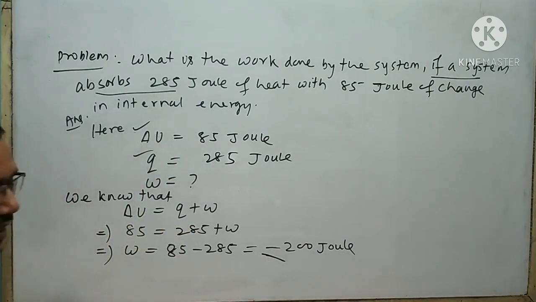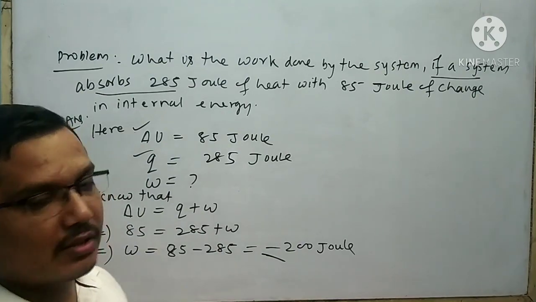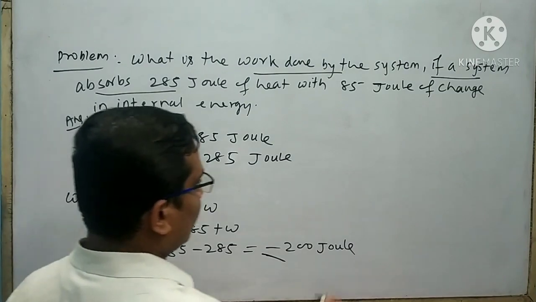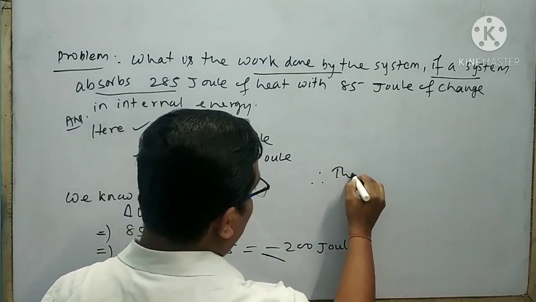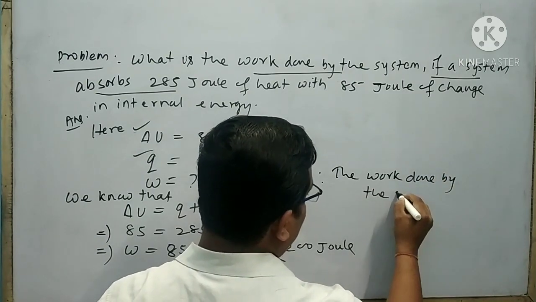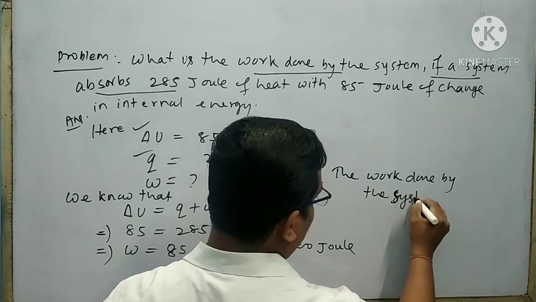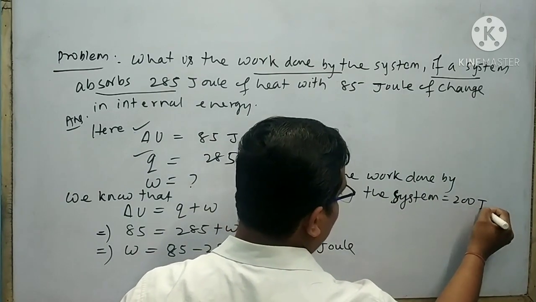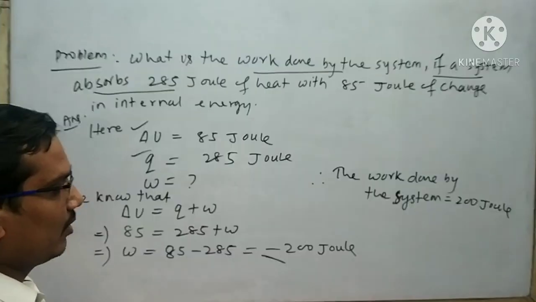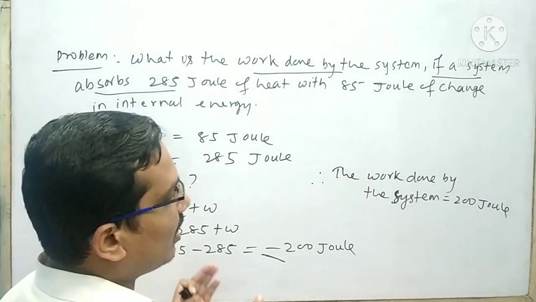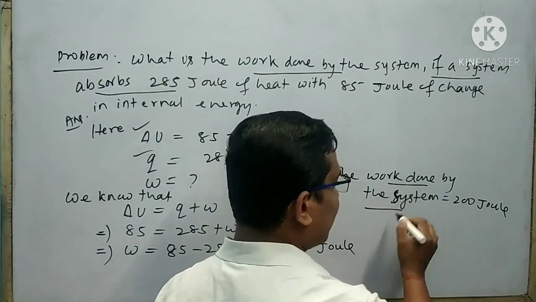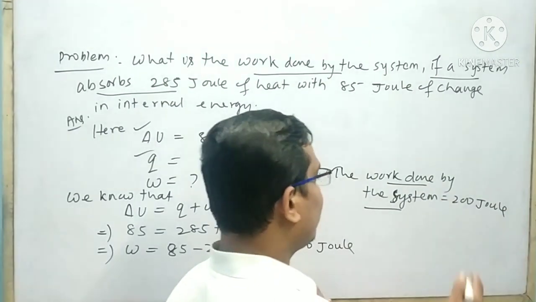This negative sign indicates that the work is done by the system, which is already written in the question. So here I can write the work done by the system equal to 200 joule. Don't write the negative sign. Negative sign only indicates the work is done by the system, which is already written in the sentence. So it is not necessary to write the negative